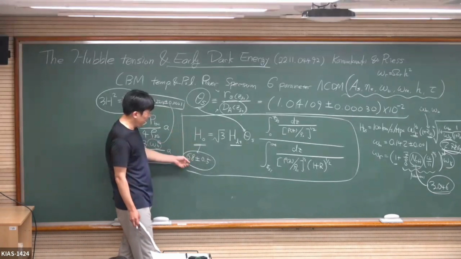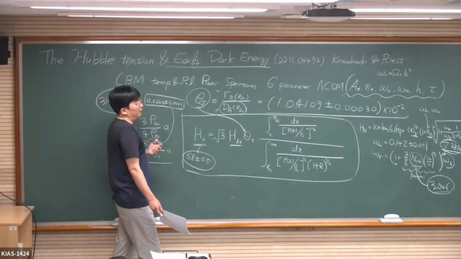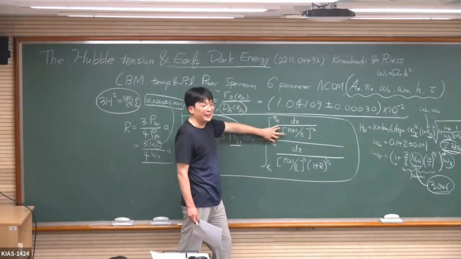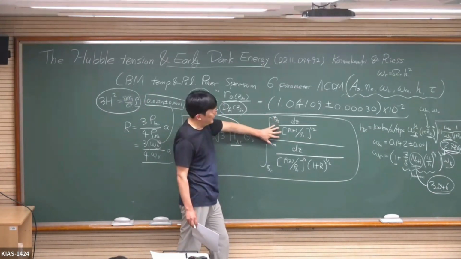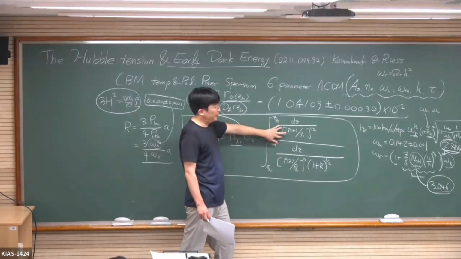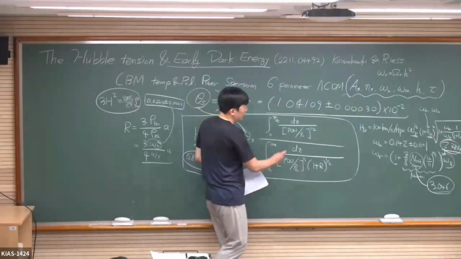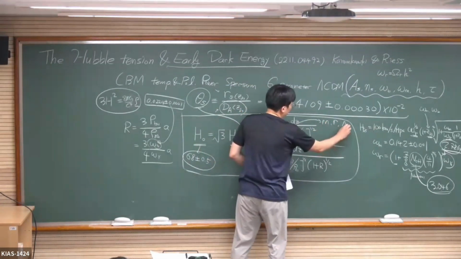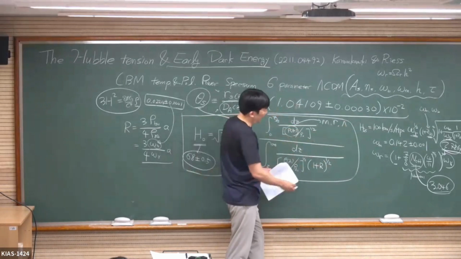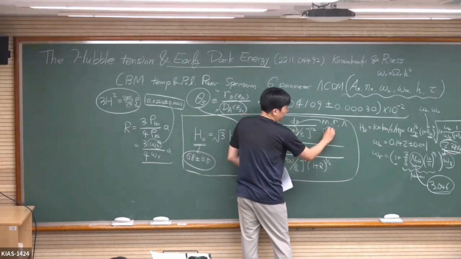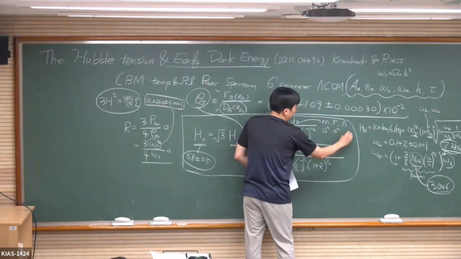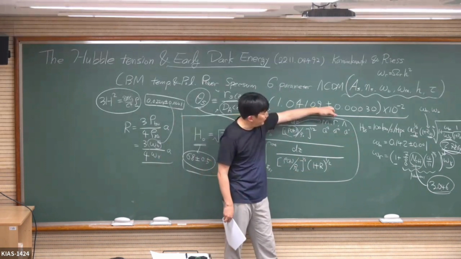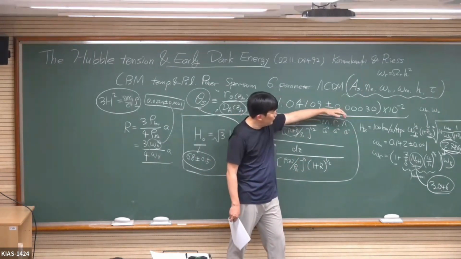With lambda CDM, you get 68. What if we decrease this denominator? Then you can increase this whole piece. How do we decrease this denominator? Because we know that this rho of z contains matter, radiation, and lambda. For all of them, we know how they scale with the scale factor a. So for a given omega matter right now, omega radiation right now, omega lambda right now, we know how they scale.